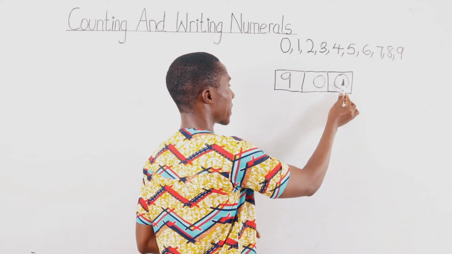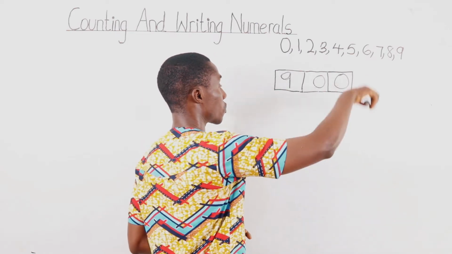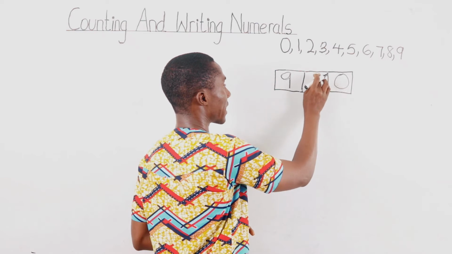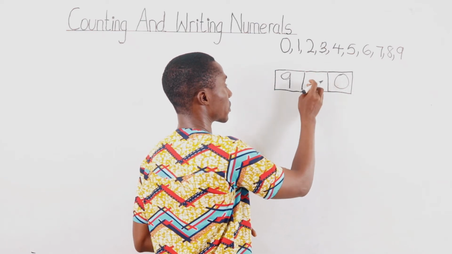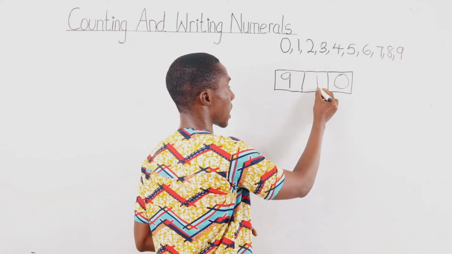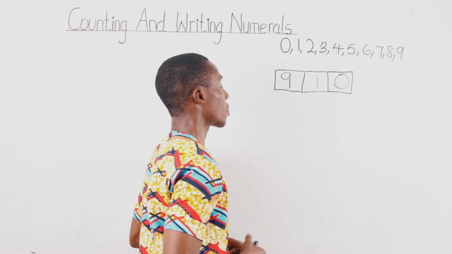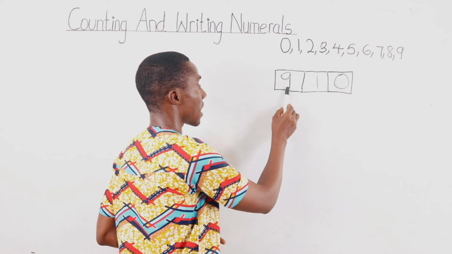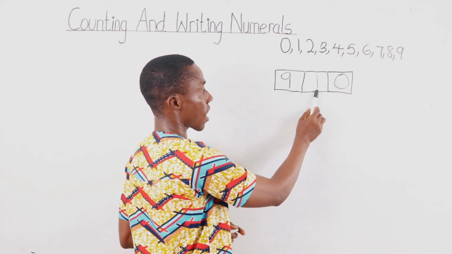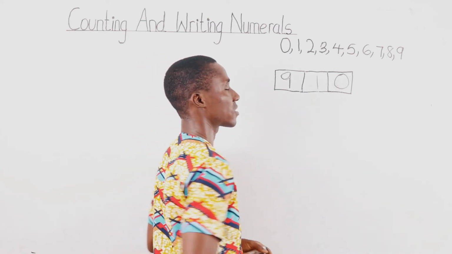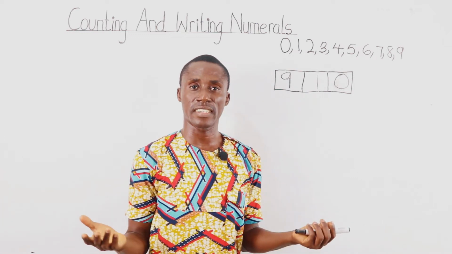We have 110. Now we're going to put that 110 into the number place that we use to count tens. Okay, very good. And so we now have 900, 110 and 0, and that is the number